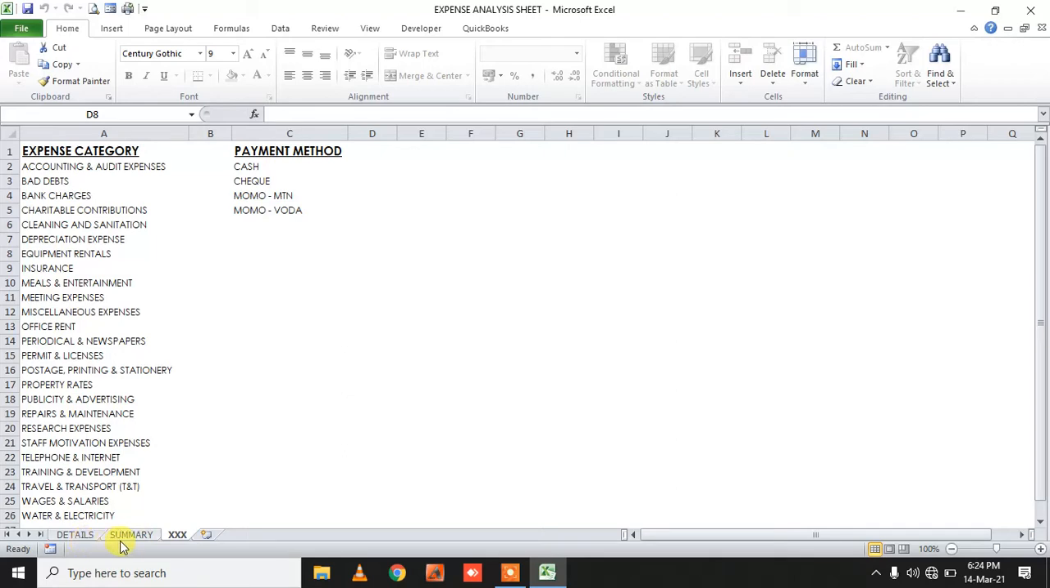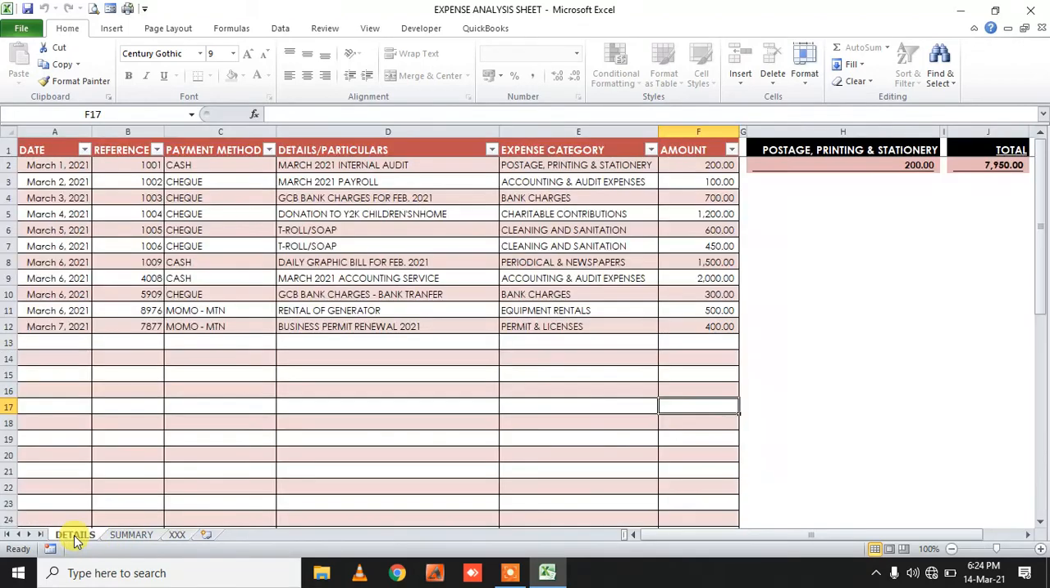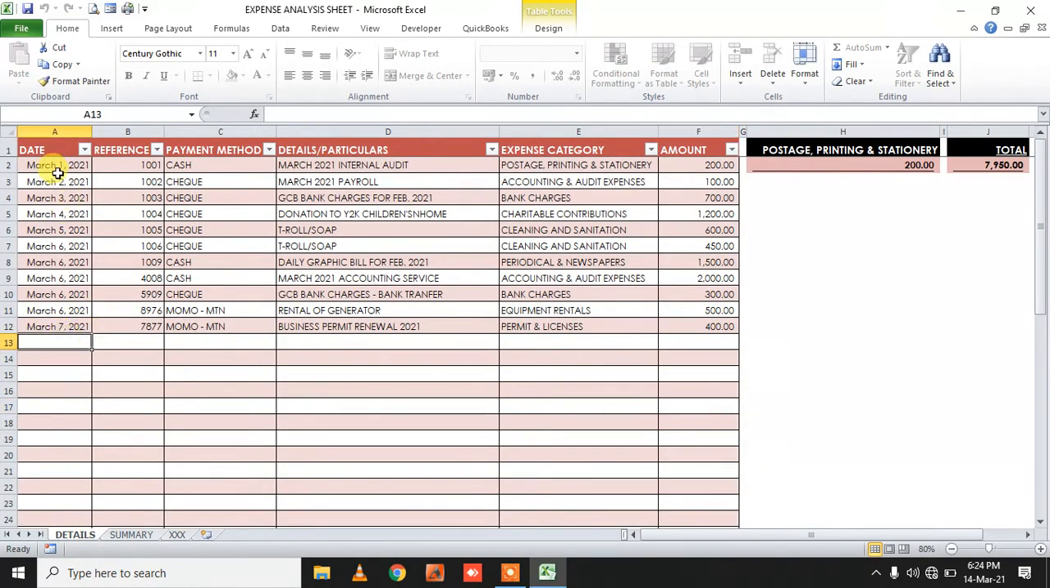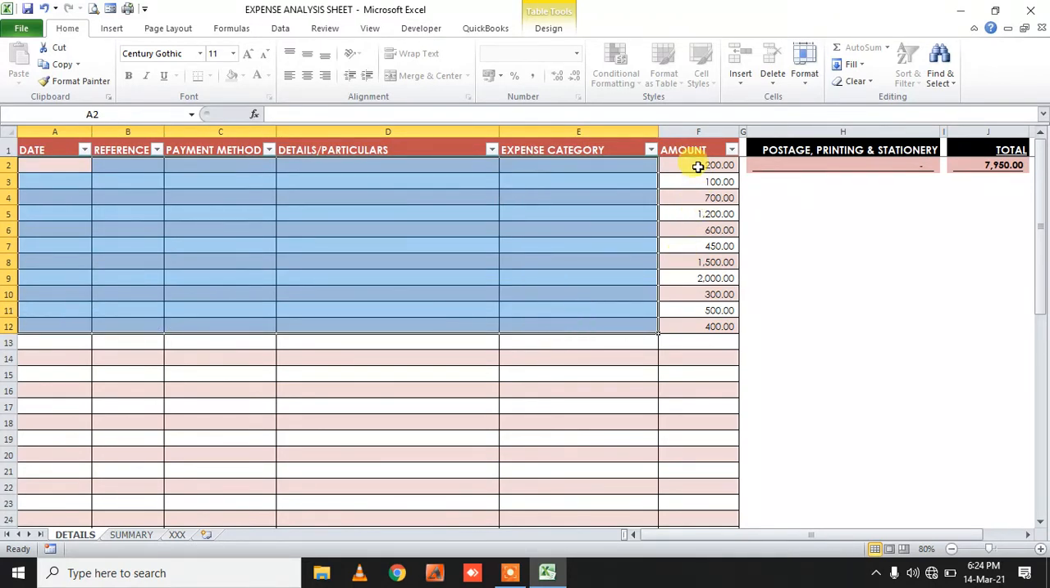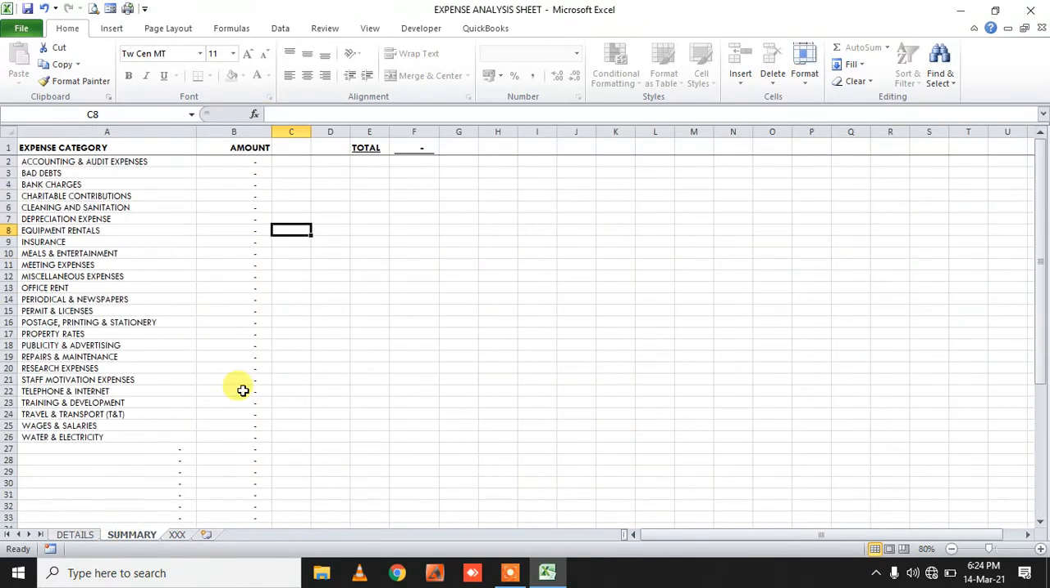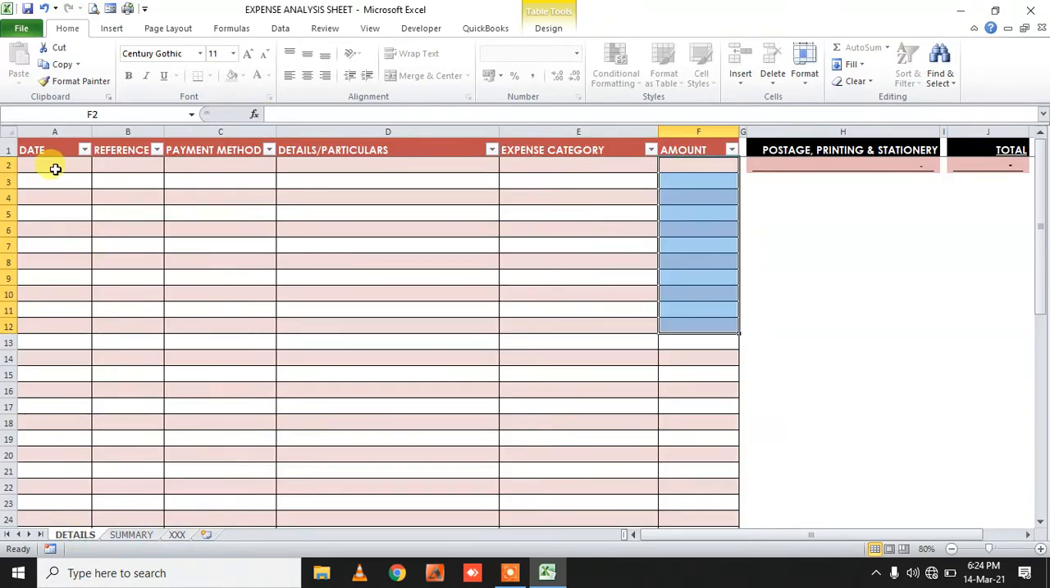Then I have the details where you enter your data, and the sum of whatever you enter will be here to give you the total for each of the expense category I have entered. So for example, I've already entered some data here, so I'll delete all of them. Now you see the summary, there is nothing there. Okay, so I'll start with, let's say